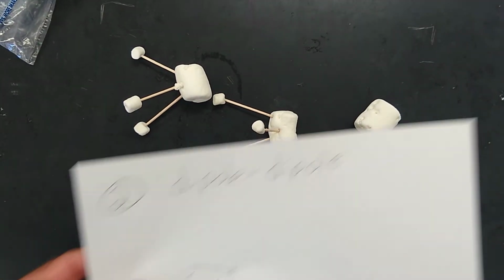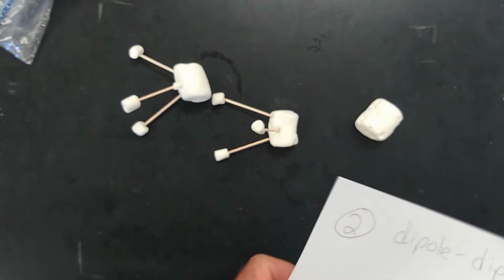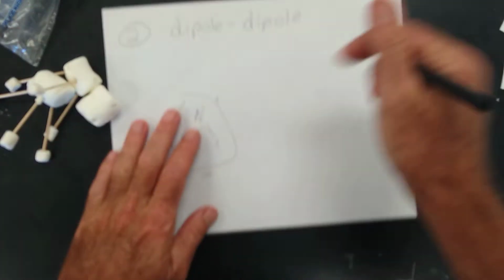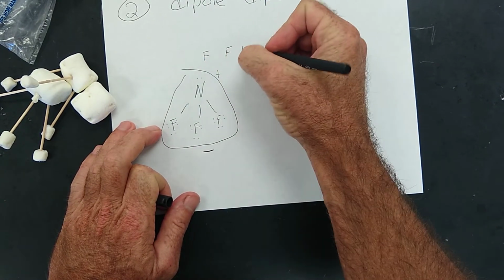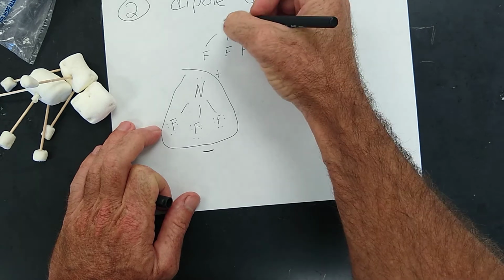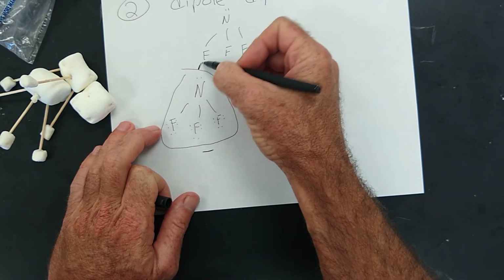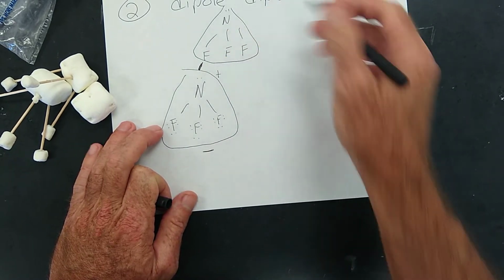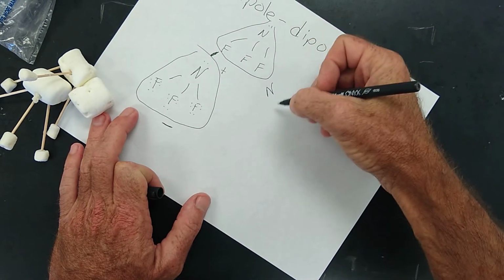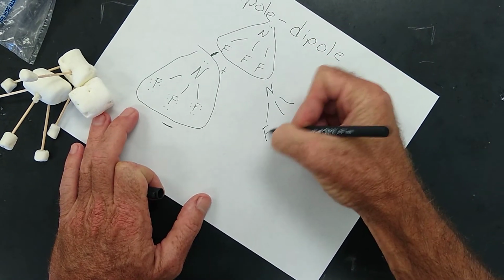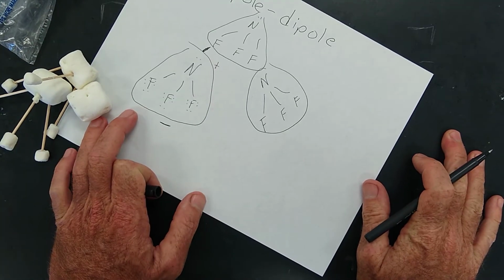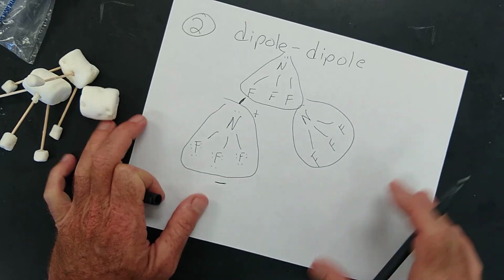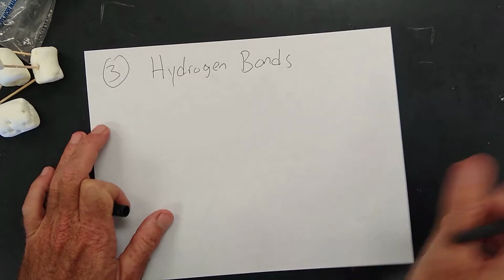Dipole is really easy to explain, and it would be easy to draw. I could draw you that again. I could say NF3, and then if we had another NF3, maybe it would be up here. And that's how they'd stick together. The negative end of one would stick to the positive end of another. What if I had another one over here like this? So these guys just flip around and they basically stick to each other like magnets. That's dipole forces. And there's one more, the strongest one,